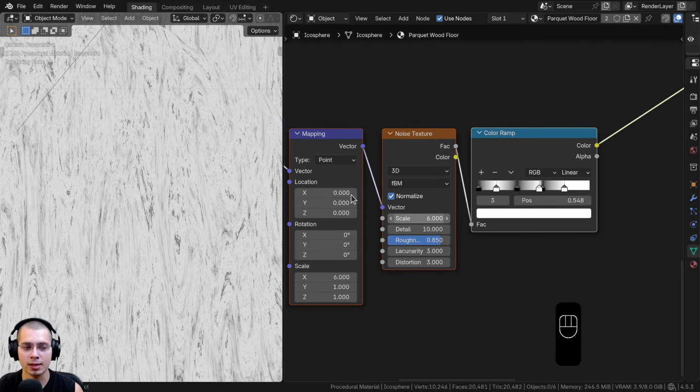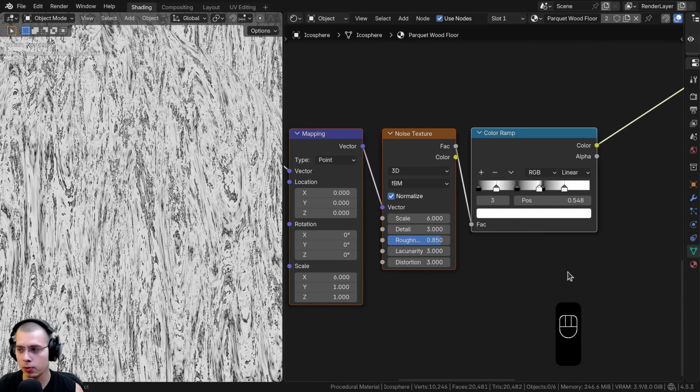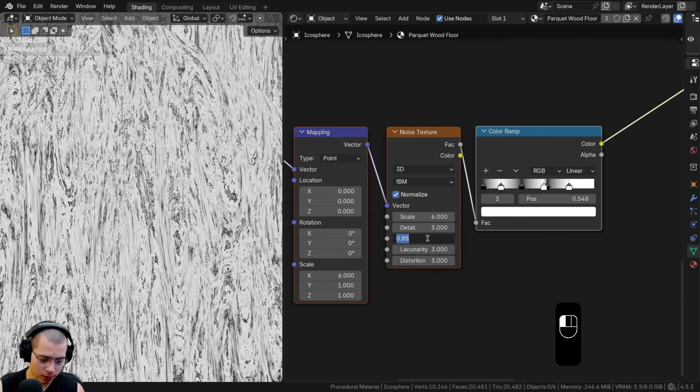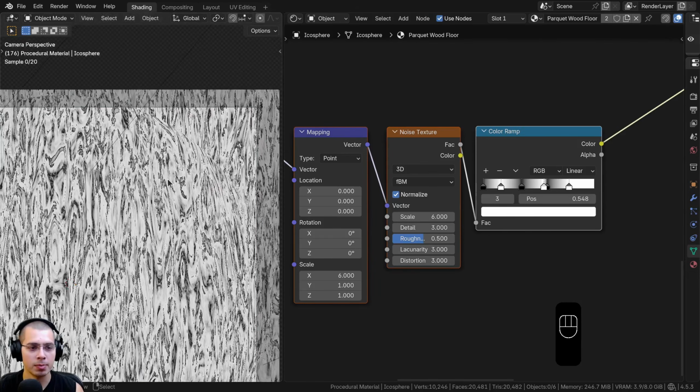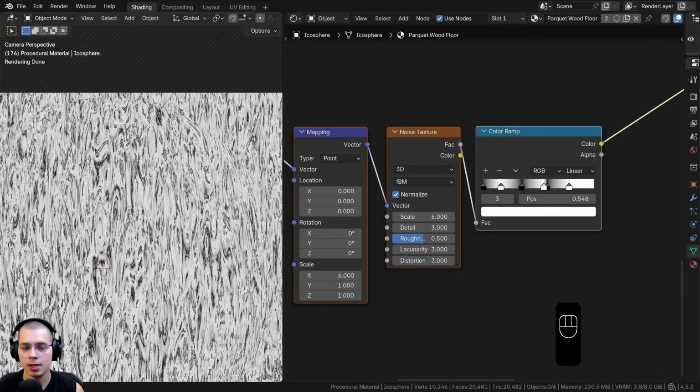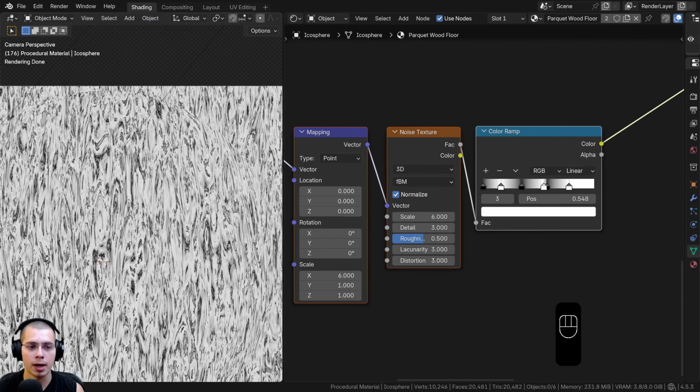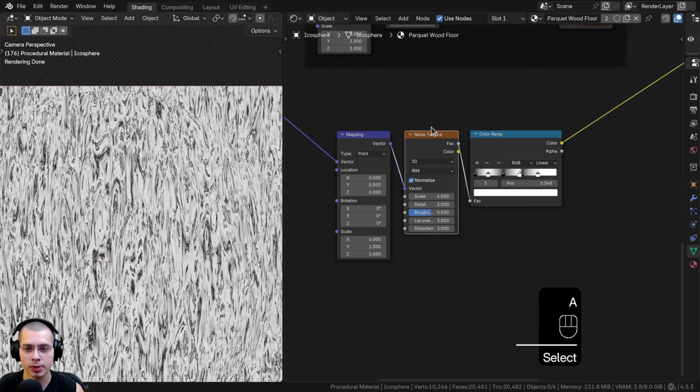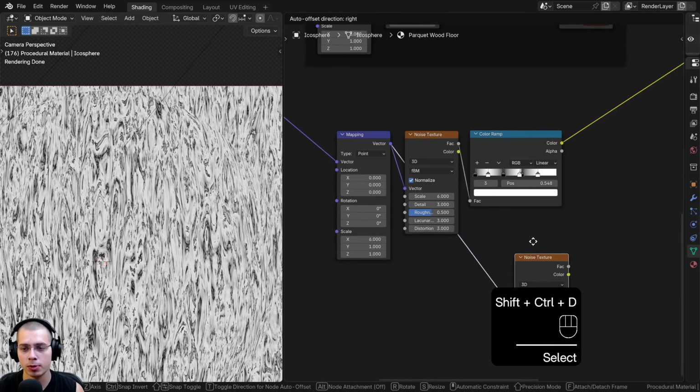So I want to keep the scale the same so that the texture aligns, but I'm going to turn the detail just to 3, and I'm going to turn the roughness to a 0.5, but then I'll keep the other settings how they are. So we're going to use this instead as the bump map. Then what I also want to do is select this noise texture and press Ctrl-Shift-D to duplicate it, but keep